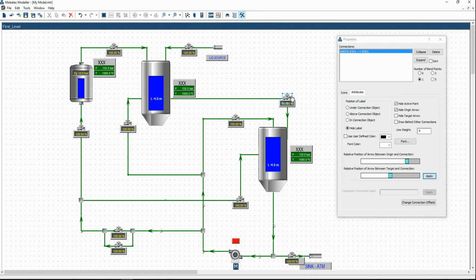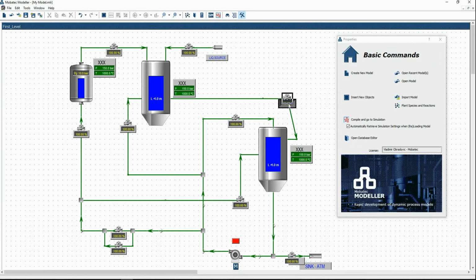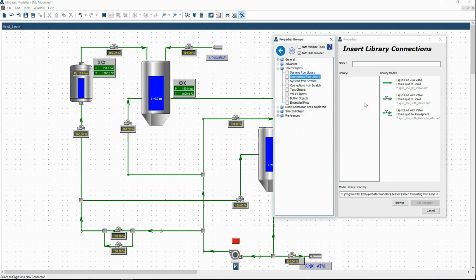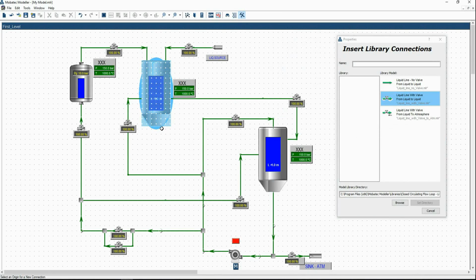Also select the active point, press 3, as we need at least 3 bending points to get to this shape. So if we check now, we have one more connection again, and that is connecting the bottom of the upper